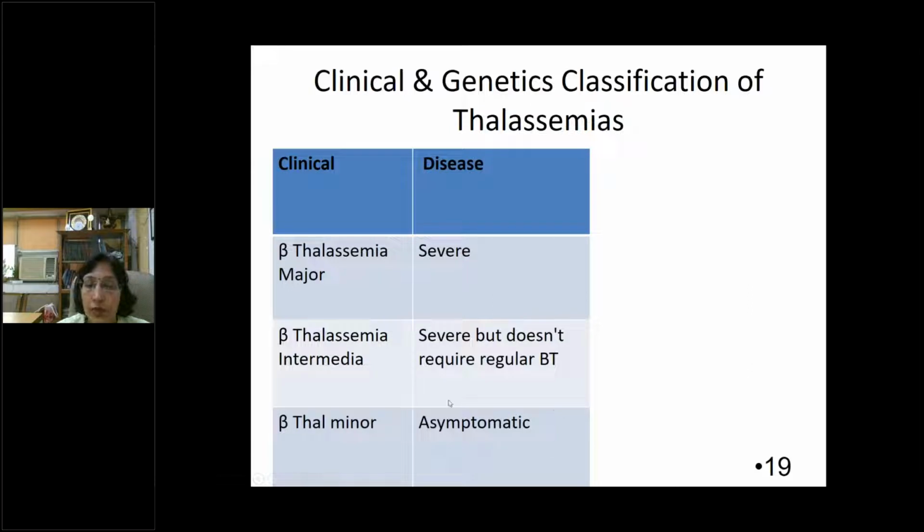These are the patients we have to focus on, because if we diagnose a mother as beta thalassemia minor, then you have to test the husband. If the husband is normal, then the baby will only have the chance of having beta thalassemia minor. But if the husband is also suffering from beta thalassemia minor, then the chances of major are very high. So you have to go for screening at around 13 to 20 weeks, by amniocentesis, to determine whether you are dealing with thalassemia major or minor, so that the couple can decide about their pregnancy.